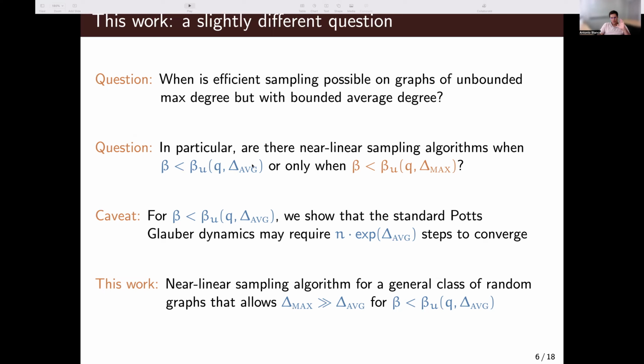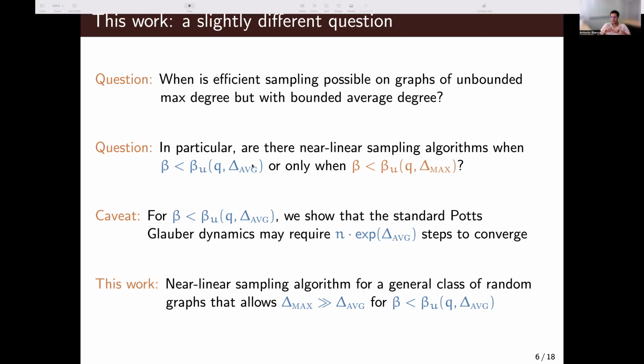If you want to think of an example of a graph, think of a random regular graph where we plant a vertex that has very high degree. Okay. Now there is some caveat here. It's not very hard to show that if we consider the global dynamics for the Ising and the Potts model, even if there is a single vertex of high degree, that vertex slows down